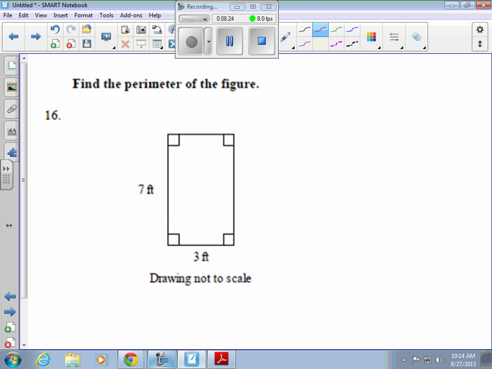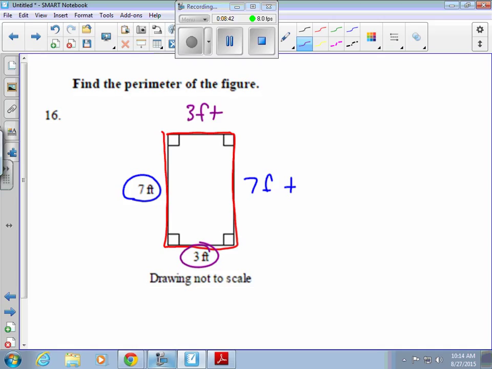Finding the perimeter of this one. Perimeter is the distance around something. All of this right here, when you add them all up. If this one over here is 7 feet, then that means we got 7 feet on this side. If this one right here is 3 feet, that means we got 3 feet on this side. So all you need to do is add 7 plus 3 plus 7 plus 3, and you get 20 feet